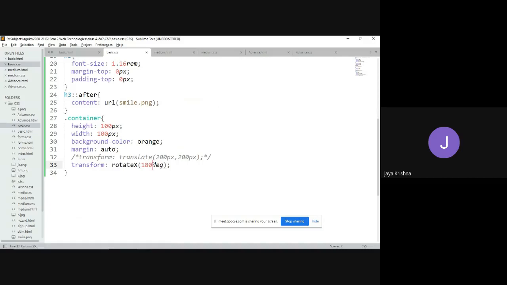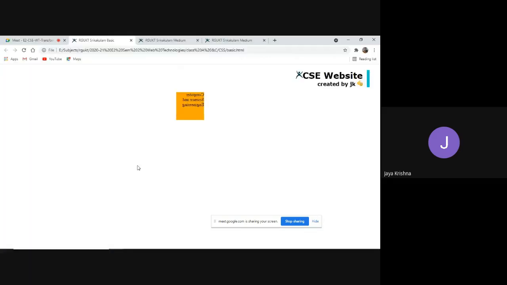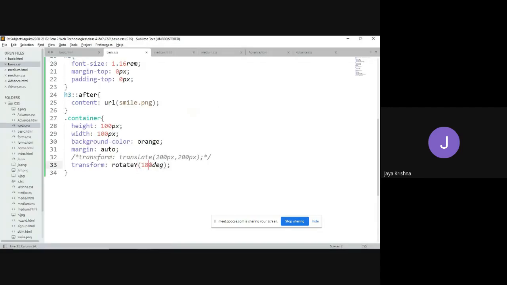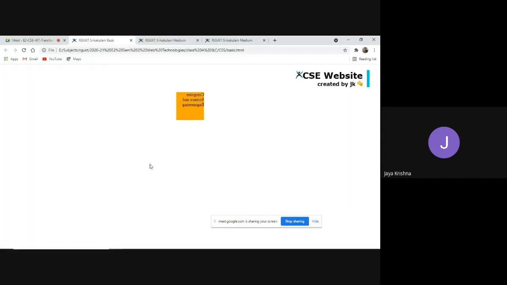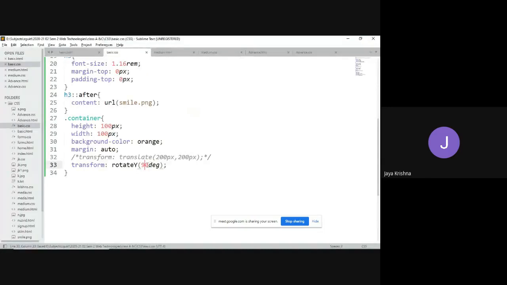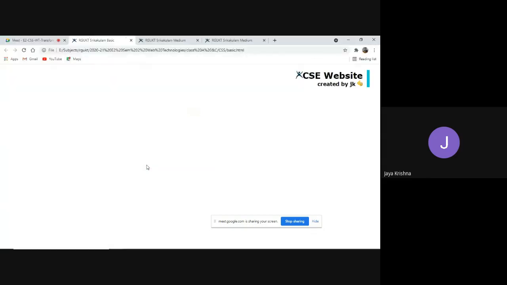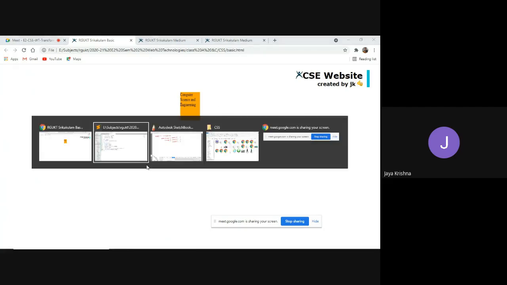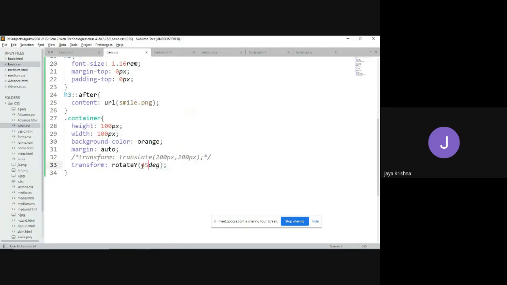So if you would like to rotate over the y-axis, you get this kind of structure. I want to give 90 degrees. 90 degrees means you won't see anything because it is rotating over 90 degrees, which is parallel. For example, I am going to give 45 degrees with respect to the y-axis. It shrinks the width now, because you can observe that it is rotating over the y-axis.